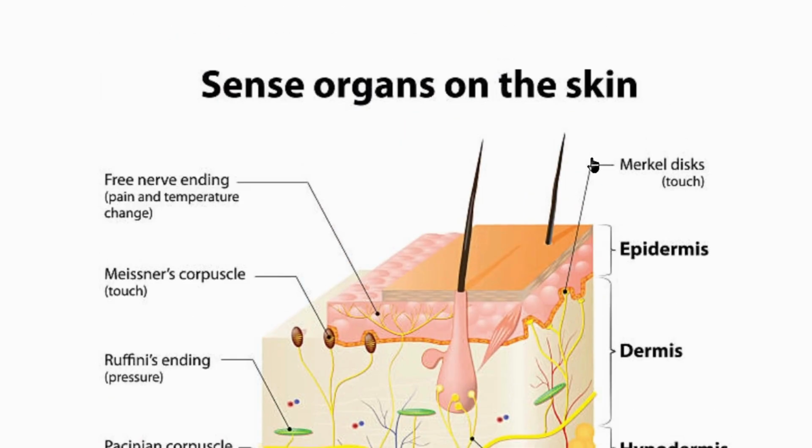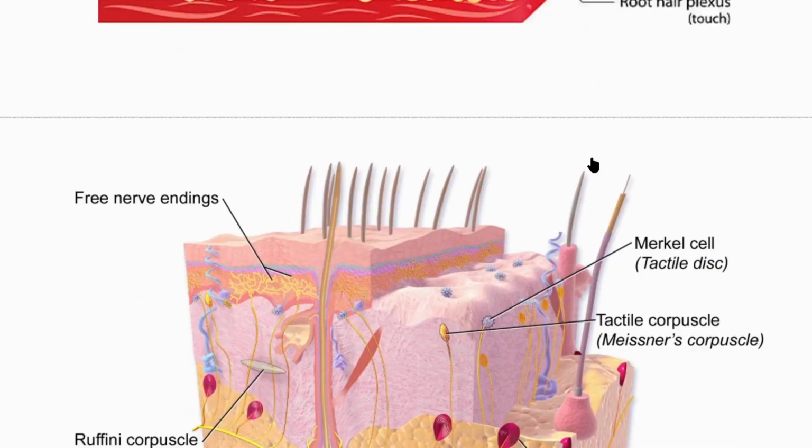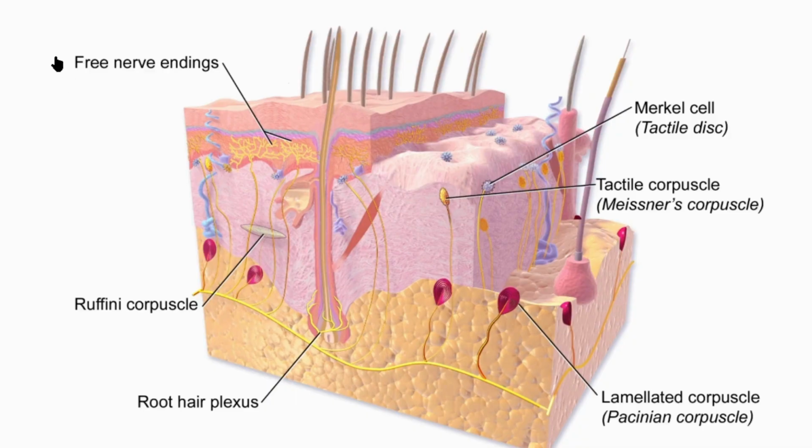Okay, here we can see sense organs in the skin. We can see here we have free nerve endings. Here we have Ruffini corpuscle. Here we have root hair plexuses and Merkel cell or tactile disc, tactile corpuscle or Meissner corpuscles, and lamellated corpuscles